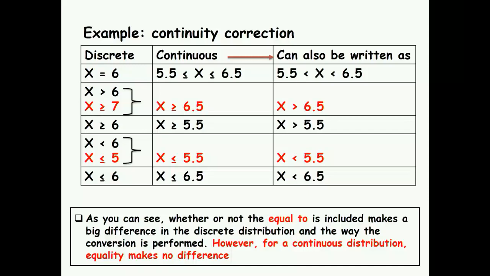So try to familiarize yourself with how the correction works. In your exam, if I give you only this one, please don't forget what this means. Less than 6 in a discrete case: if you say, for instance, I have less than 6 brothers, you are saying you have 5 or less. If you say I have less than 6 TVs, you are saying 5 or less. So think about this first, and then once you have this one, make the continuity correction. Sometimes students write 6.5 or something, and that is wrong. So think about the red ones.